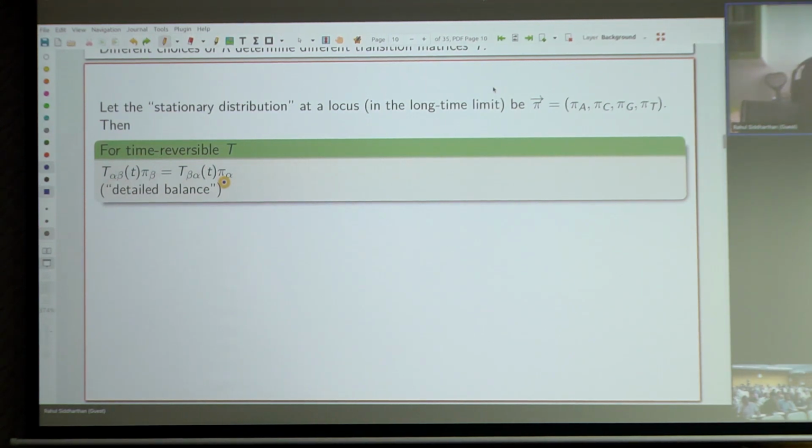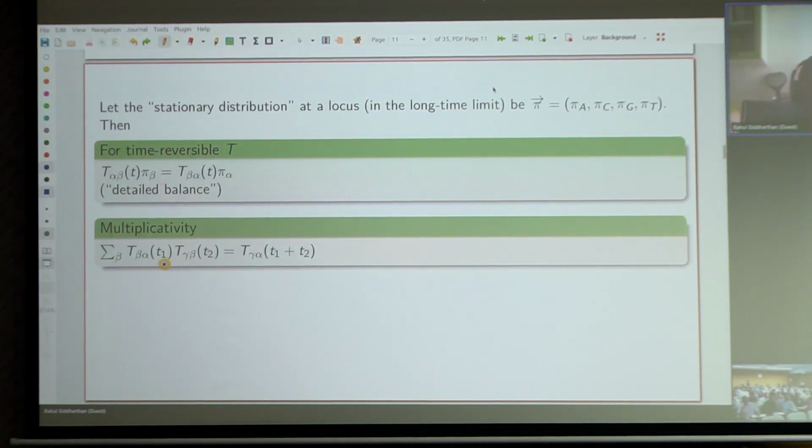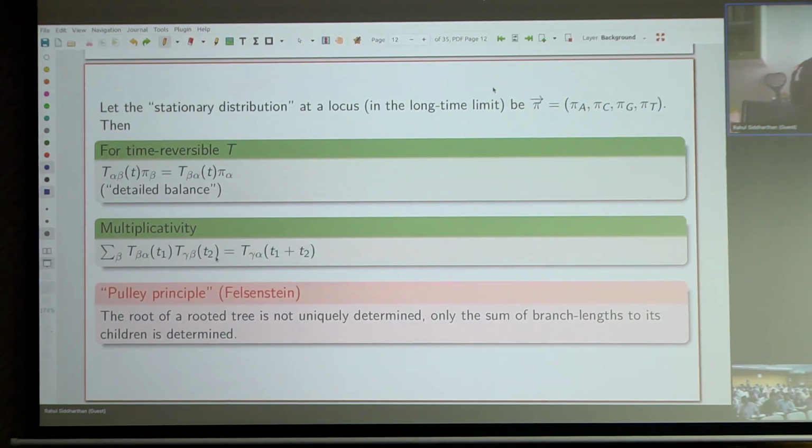It also has this nice multiplicative property. Actually, I should have written these factors backwards, but if you do that, this factor next to this factor next, it looks like a matrix multiplication again. If you have an ancestral nucleotide gamma that evolves to beta, and then beta evolves to alpha, and you don't know what beta is, so you sum over all beta. This is equal to the probability of gamma evolving to alpha over the combined time T1 plus T2. And that's important. And that gives rise to something that Felsenstein called the pulley principle, which is that you can't